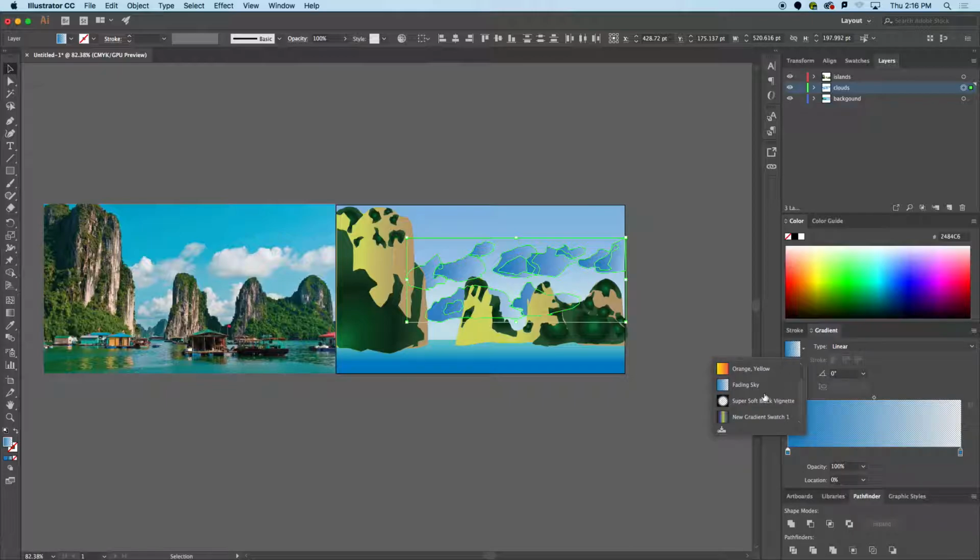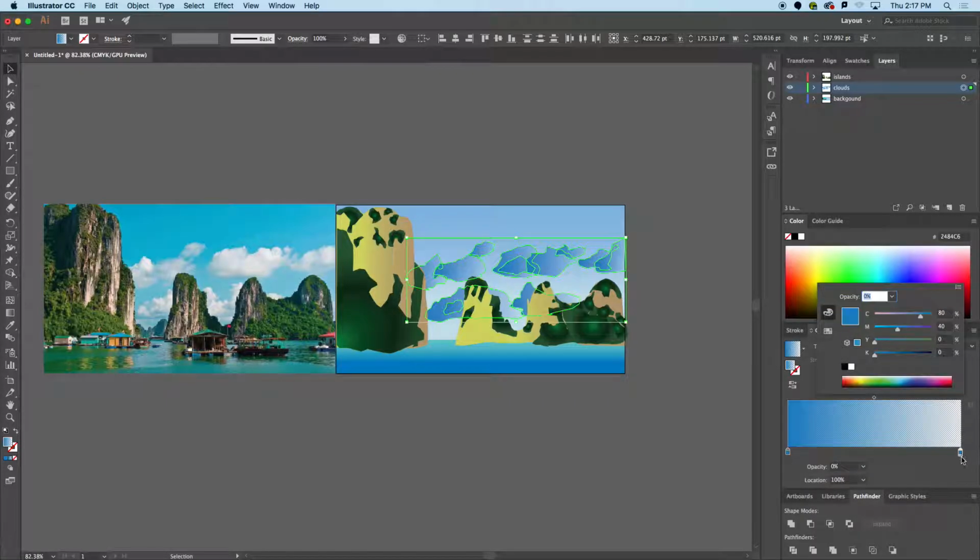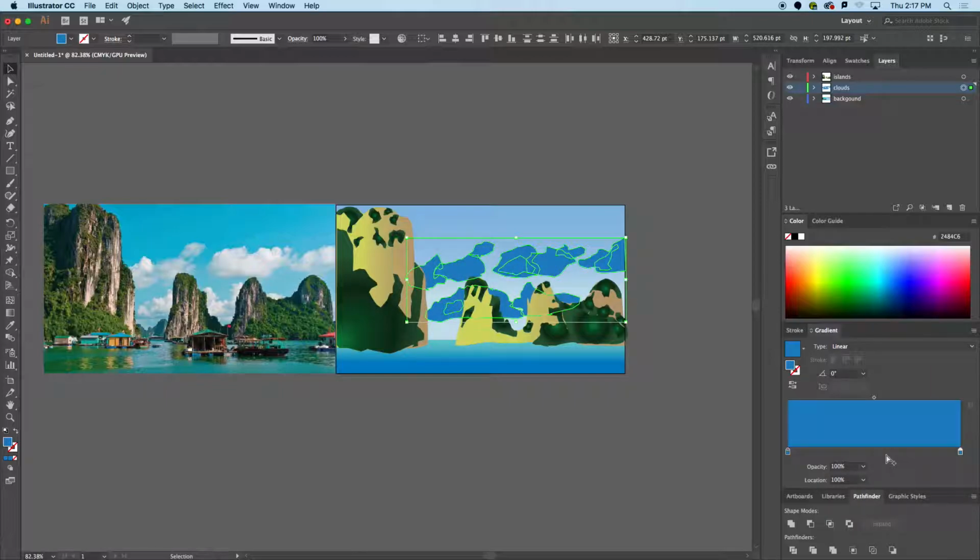That gradient is a preset in Illustrator, fading sky. Let me see what's going on here. You can change the opacity of your colors. So you can have a gradient that is fading into 0. You see the opacity is put on 0. If I put it on 100%, it's going to be that blue. I'm going to change it to white, and I'm going to add a little opacity, like 50%. I'm going to change the angle to -90, because I wanted to have the majority of my clouds white,